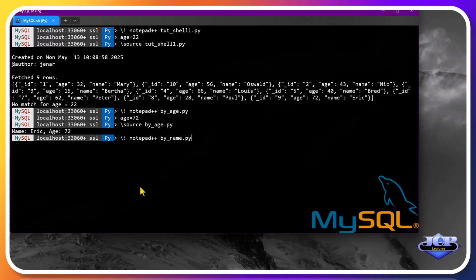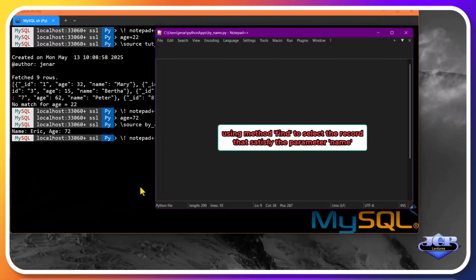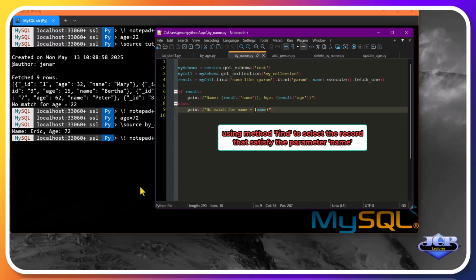The following script, by_name, is similar to the last one. The only difference is that in this case the parameter is name.